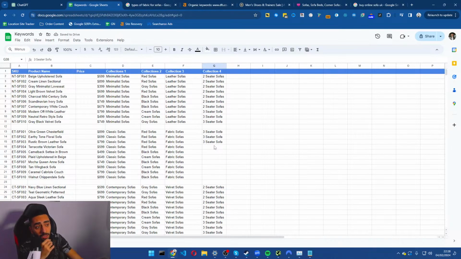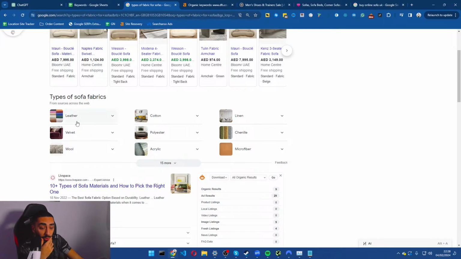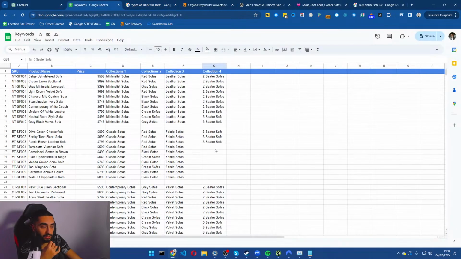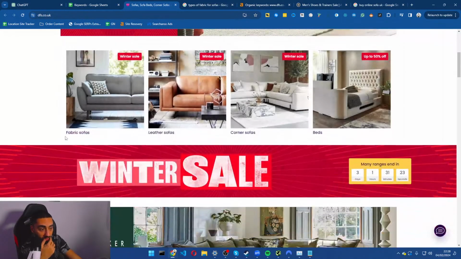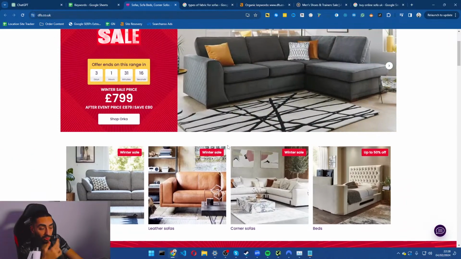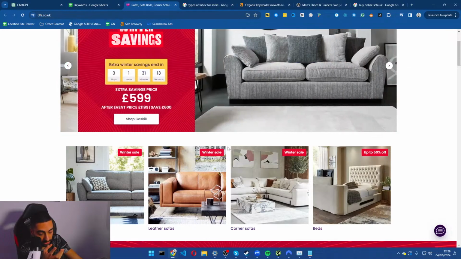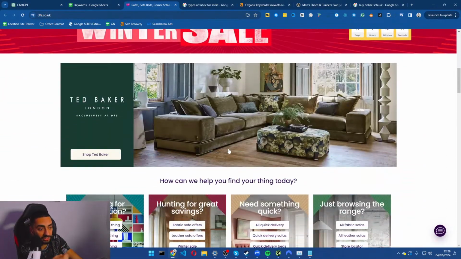Because the last thing you want to be doing as an e-commerce website is, let's say you've got 300 different sofas, right? The last thing you want to be doing is just uploading all of your products and not categorizing them this way. Because again, if you think of it, the last thing you want is landing on DFS, and let's say they didn't have all of these different categories, right? You want to make it as pleasurable for somebody landing on your website,